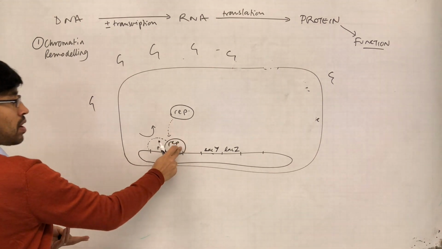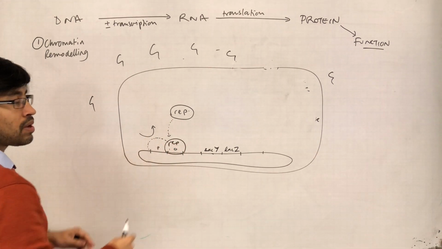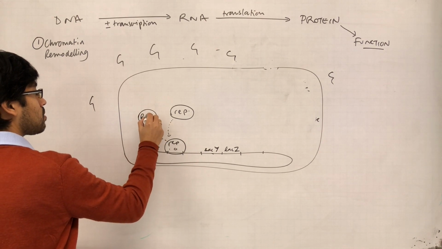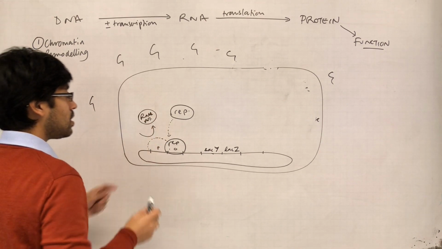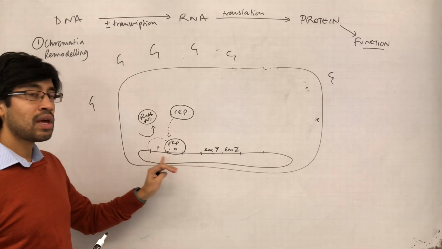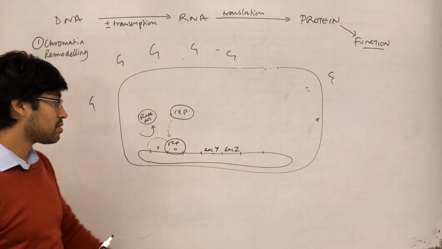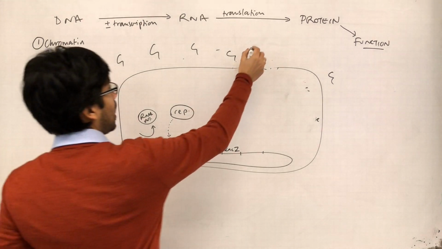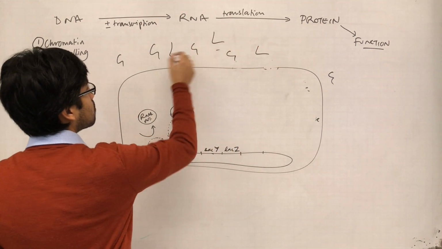So the repressor binds to the operator, preventing RNA polymerase from binding. So RNA polymerase is prevented from binding the promoter and thereby transcribing the genes. Okay, now when lactose is around,